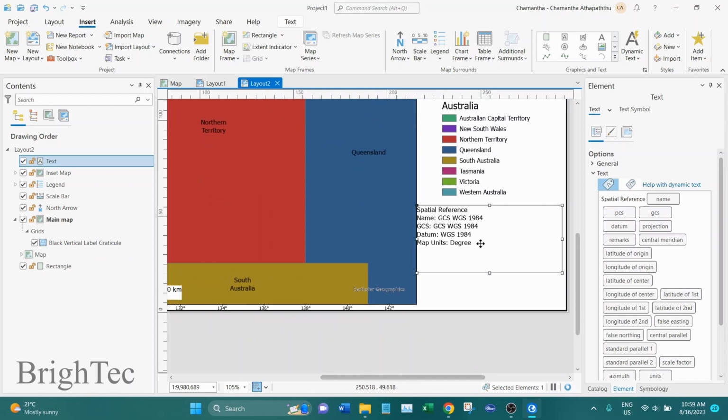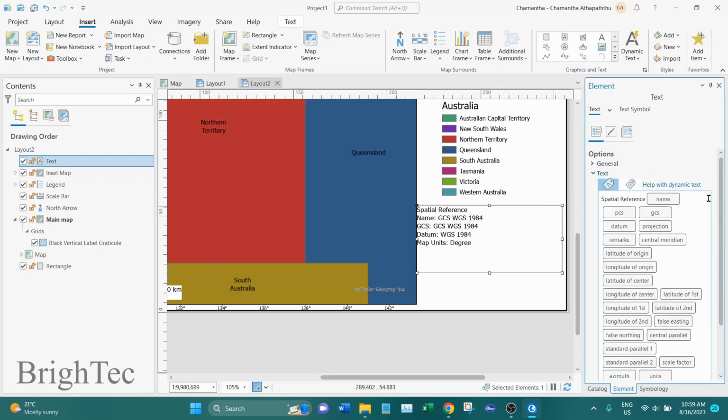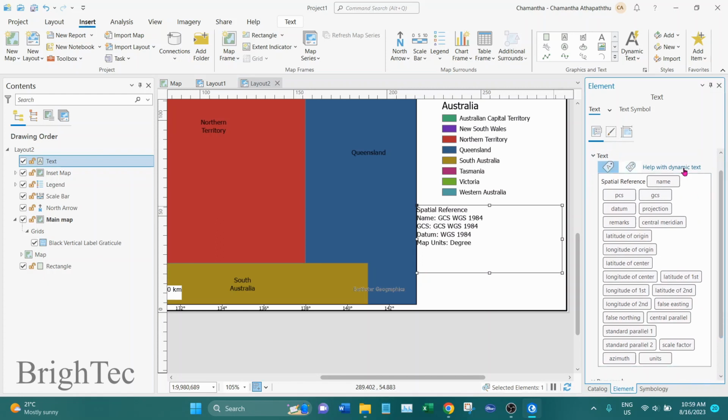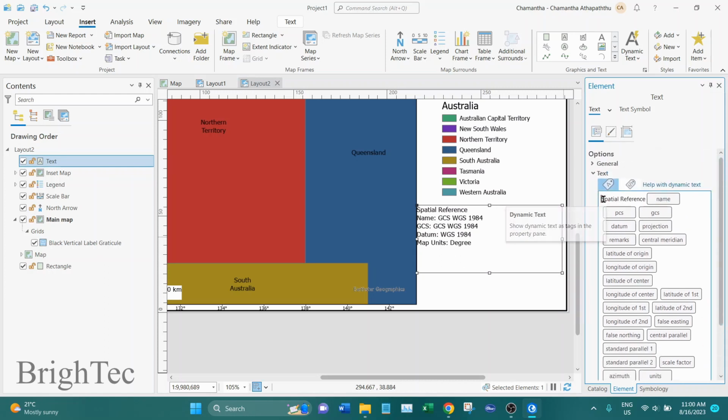So it will add some text onto the map layout, and if you go into its properties, you can see it gives these dynamic text options. So basically what you see here on the layout is the text that is generated from this dynamic text. So the spatial reference text appears as it is on the map, and here if you go into the